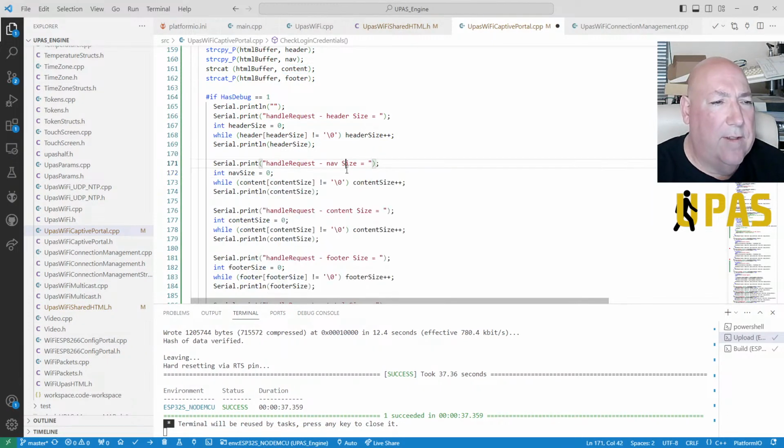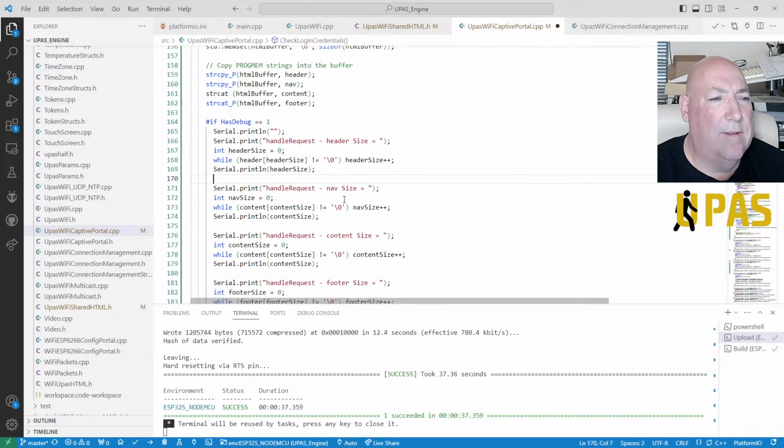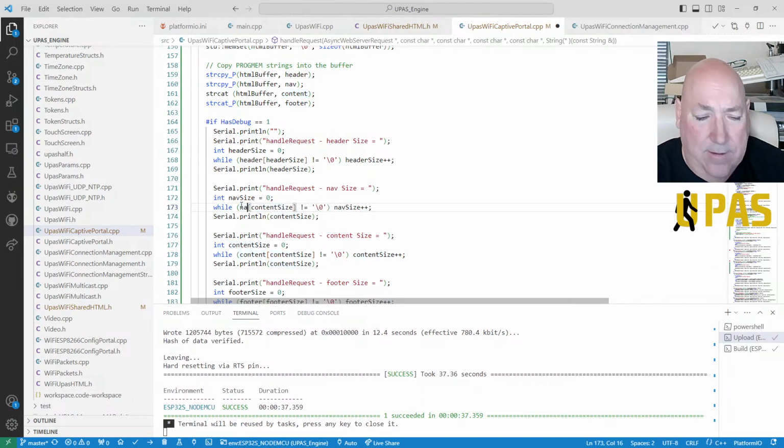Nav size, content size. So now we want nav size. So nav size, we've got all nav size. Yeah, okay, that'll give us the nav size.